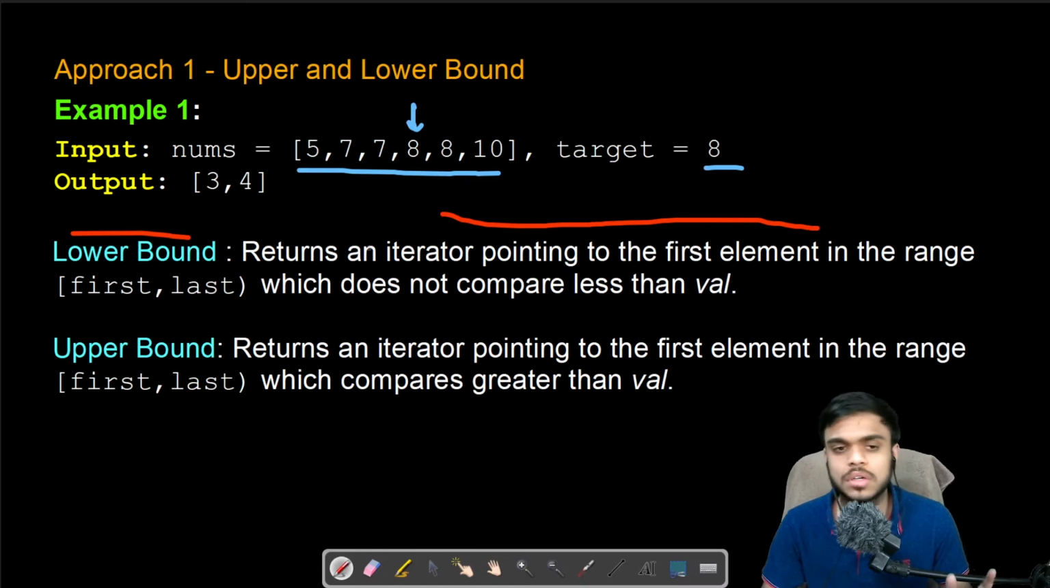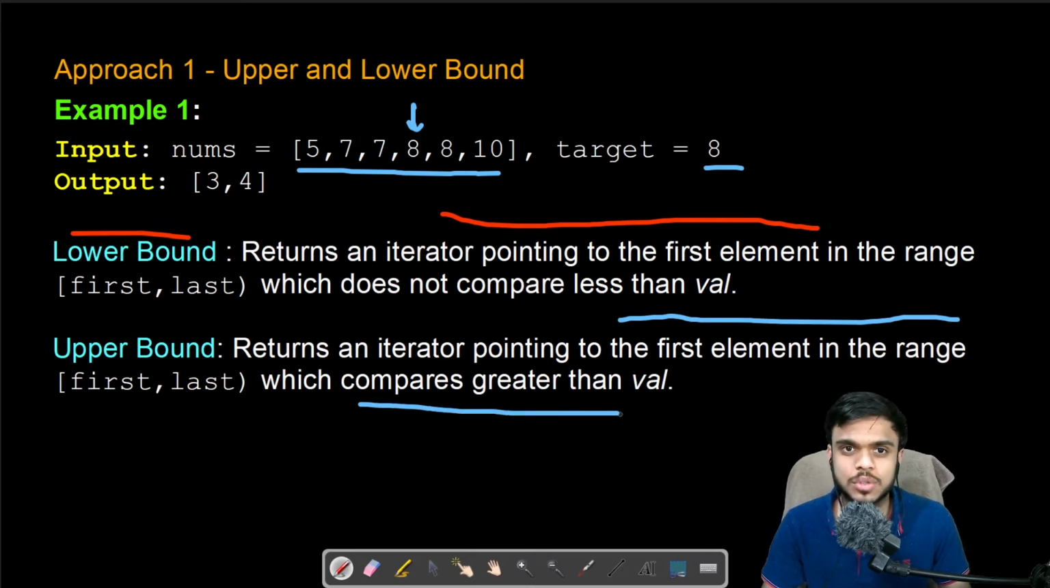Now, what does the upper bound do? It returns an iterator pointing to the first element in the range which compares greater than the value. So if you do the same thing for the upper bound, passing this vector with the target as 8, it would return an iterator pointing to 10. In that case we just decrement that iterator's index